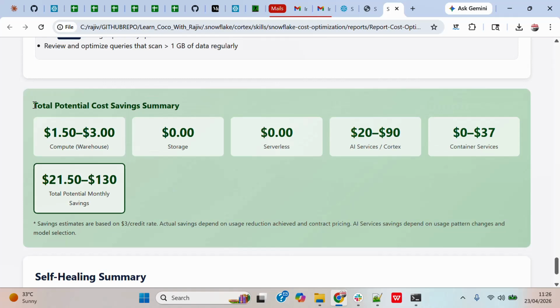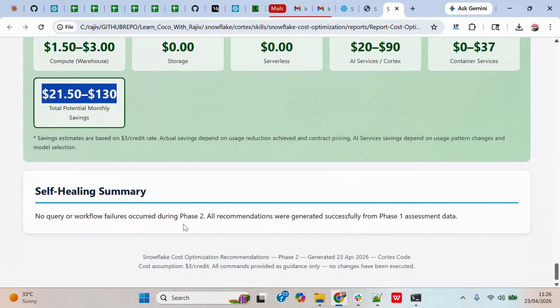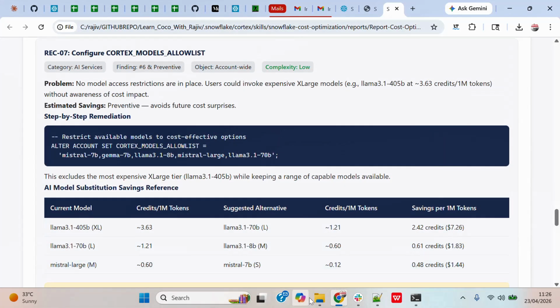And towards the end, it will tell you the potential cost summary, right? The cost saving summary. So it's talking about the AI cost optimization at $20 to $90, container service 0.37, and then the potential money savings is around this. And for self-healing, there is no such important self-healing on this. Let's go to the